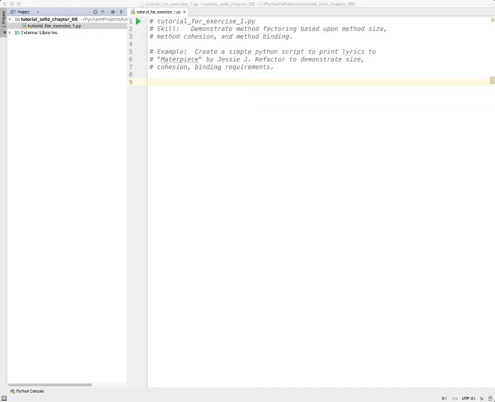So here we are in Python Edu, and the file that I have open is called tutorial for exercise 1.py. And a couple of comments in the top. One, it describes the skill that we're trying to demonstrate, right? So we want to demonstrate a skill called method factoring, and we want to do it based upon